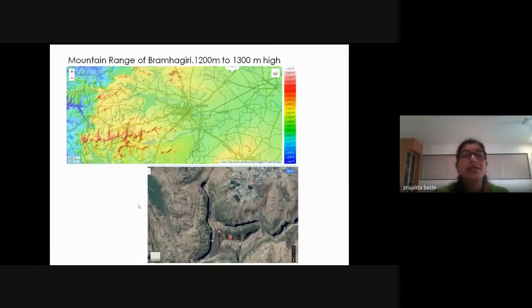Coming down to a still smaller scale, now we look specifically at the hill range of Trimbakeshwar here, the formation of this watershed in this region, and the city of Nashik, which has developed here. The development of Gangapur Dam in this region is a major feature which has changed the morphology or the water ecology of River Godavari. Prior to the development of Gangapur Dam, the river